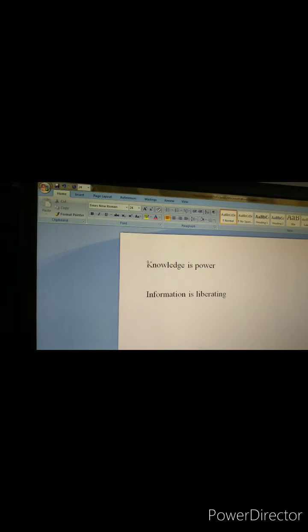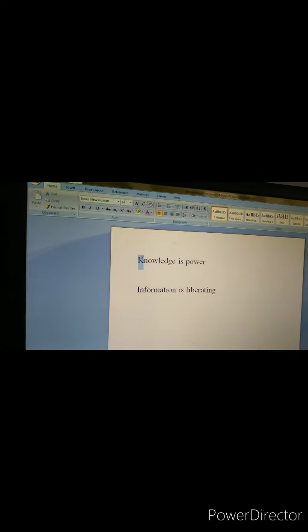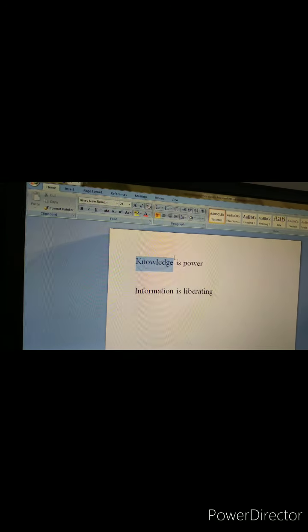Then what I'll do first, move the cursor to the left side of the sentence from where you want to select. Just drag the cursor by pressing the left mouse button, then click on the cut option and move the cursor where you want to paste it.